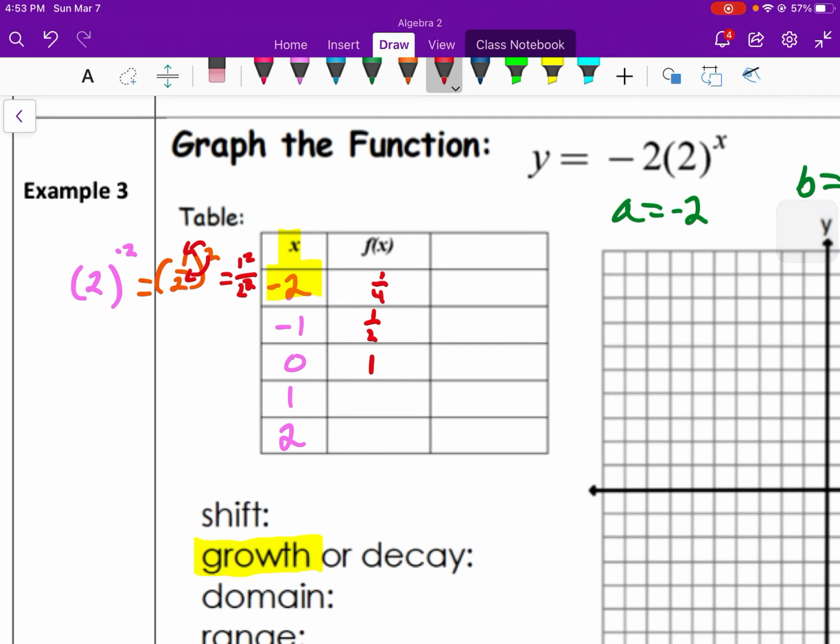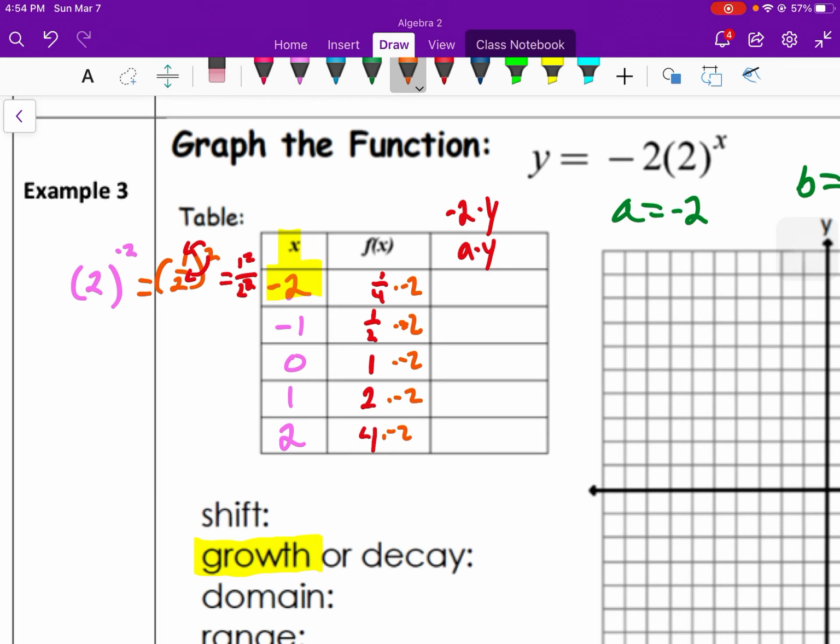Anything raised to the 0th power is 1. And then we have 2 to the first power, which is 2, and then 2 squared is 4. Now, for our third column, a y, we do have a factor other than 1 that will scale it. So we're going to multiply -2 times y, and we can rewrite y as f of x. It's the same thing, it's just our output. So we're going to multiply by -2 for each of these for our new output